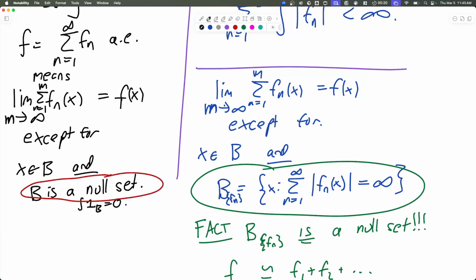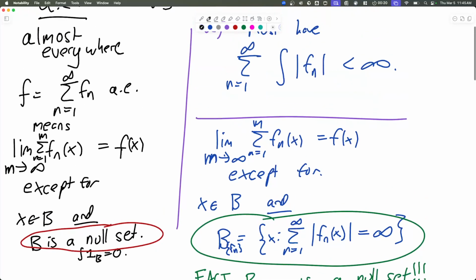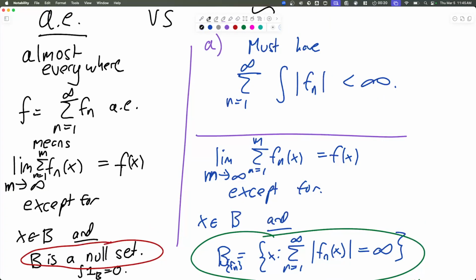Almost equals means there's one bad set out there in the universe. There exists a bad set where it happens. Oh, okay, so this is very important. It's all bad sets? Yes, no, this is for all versus there exists. You're absolutely right. It's not for all bad sets. It's there exists a bad set. And of course, if it was for all, the implication would be the other way, but the definition would make no sense. So this is extremely important, and I was too casual about this. Let me say it. Almost everywhere means there exists a bad set B, such that,